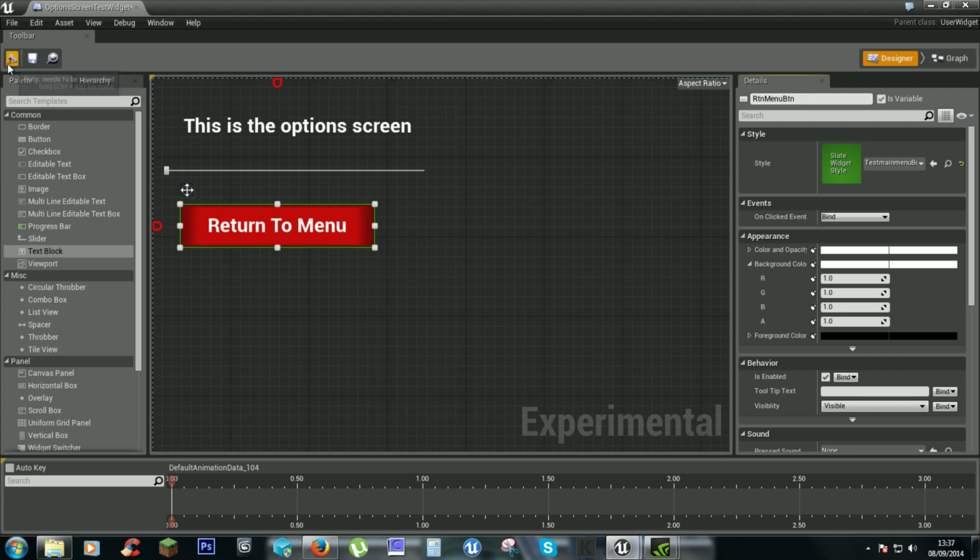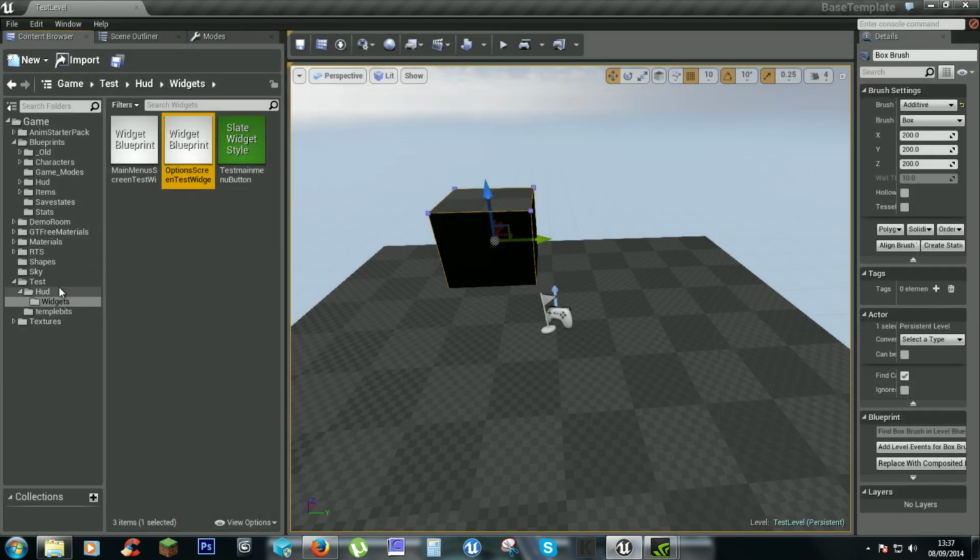Yep. So save, compile, and now we can go to